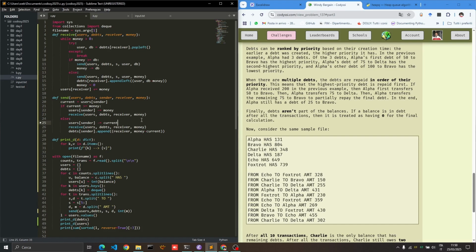So that's okay. Because here if we are receiving, like every time we receive we send, we never create debts with the send, because we're always sending enough money, because we always send either debt here. So if money here is not enough, so if the stuff that I have to send is greater than the debt,